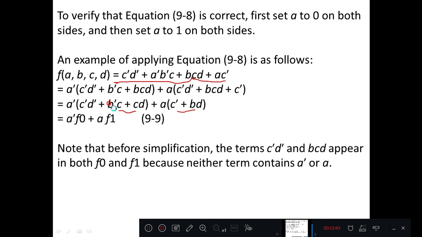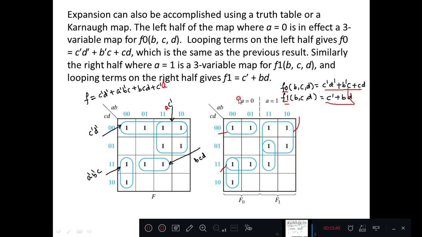This will be more clear with the help of K-map. This is the actual grouping that we have done. This is a function. Now by putting A equal to 0 and A equal to 1, bifurcating that, you have got two functions, F0 and F1. F0 refers to when A equal to 0, the function that we have got. F1 refers to the function that we have got when A equal to 1. Original function F is converted into two functions, F0 and F1. So this is how the function is implemented.